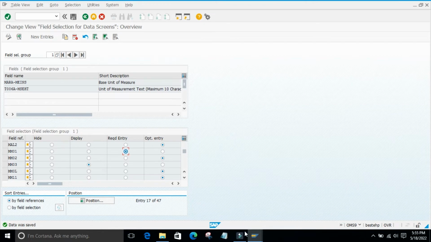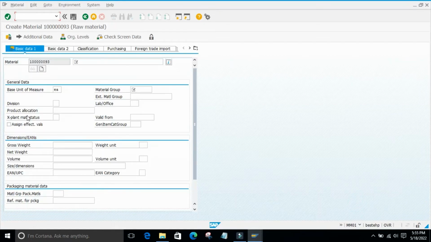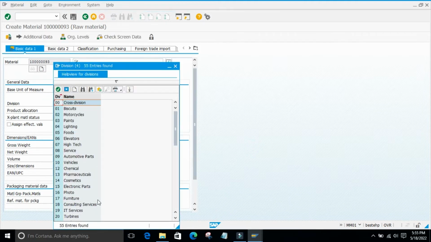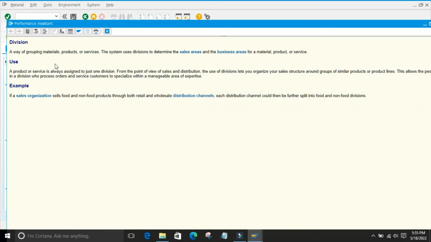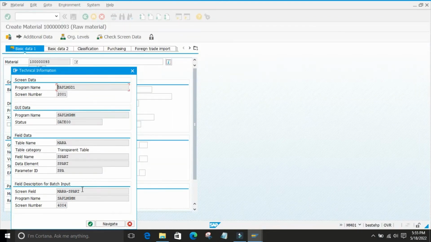So what you have to do is, whichever field you want to make changes to, you should check the technical name of that field. Go to Help and find the technical name. See, here is the table and field name. Copy this and